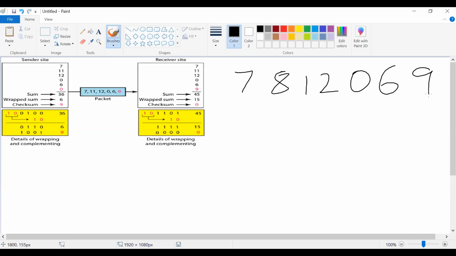Now you add all these things: 7 plus 8 plus 12 plus 0 plus 6 plus 9. You have a calculator, right? You will get 42.